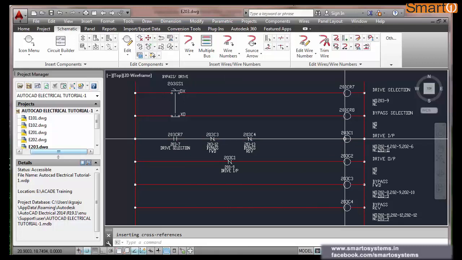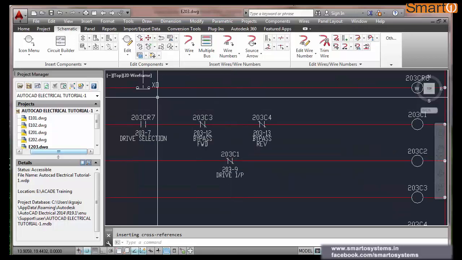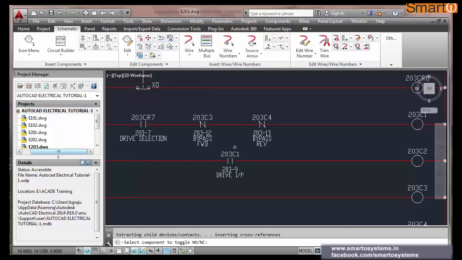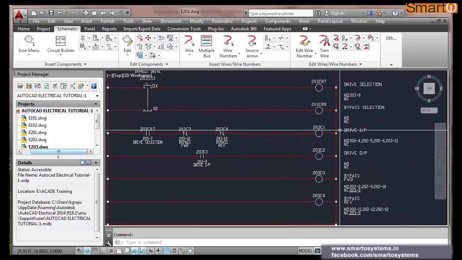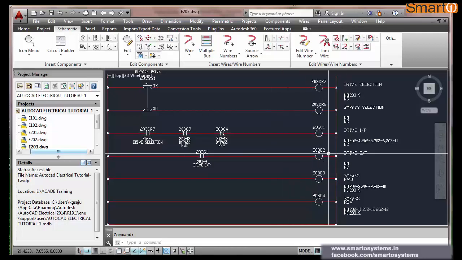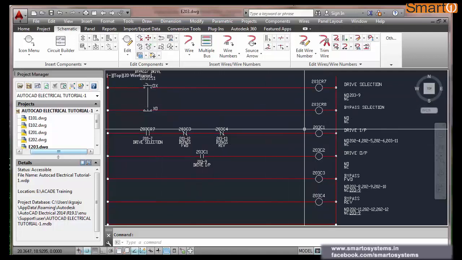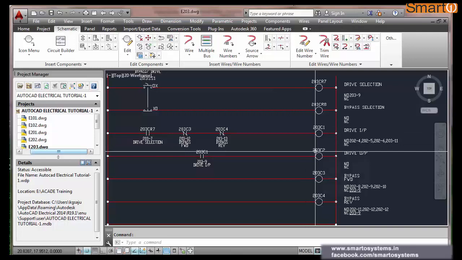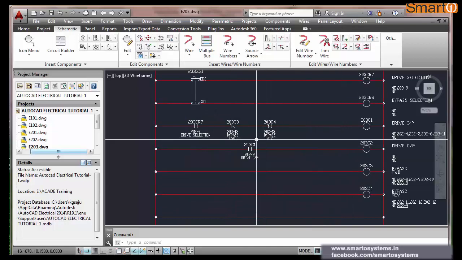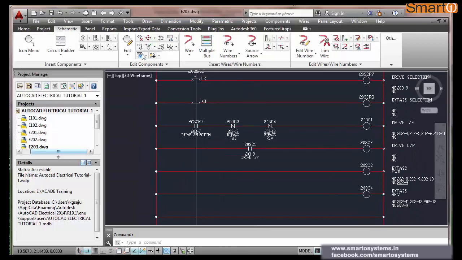As soon as the input contactor gets on, this, though this is again wrong, I need a NO contact. After the input contactor gets on, the output contactor also gets on. So drive is selected, drive input contactor on second, drive output contactor third. Now we will move to the bypass circuit. When the bypass is selected, that is CR8 is selected.